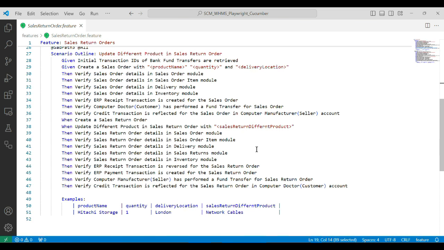This is the final scenario in the sales return order feature. The scenario is updating different product in the sales return order. So first, the bank transaction, initial transaction ID would be captured, sales order would be created, sales order would be verified